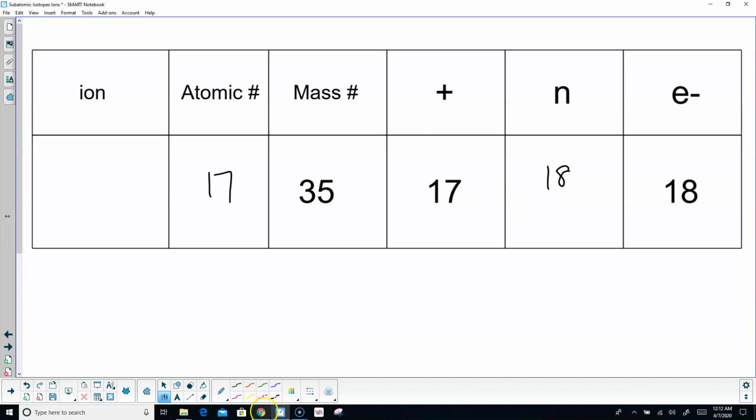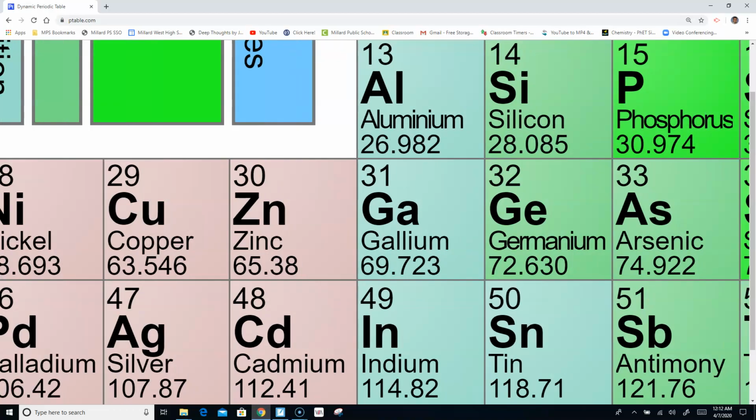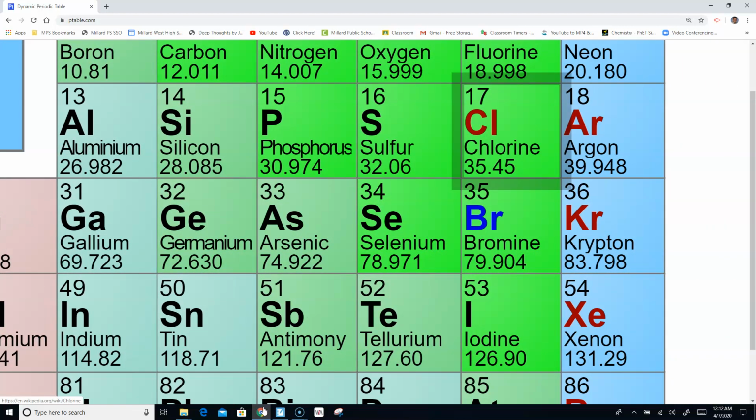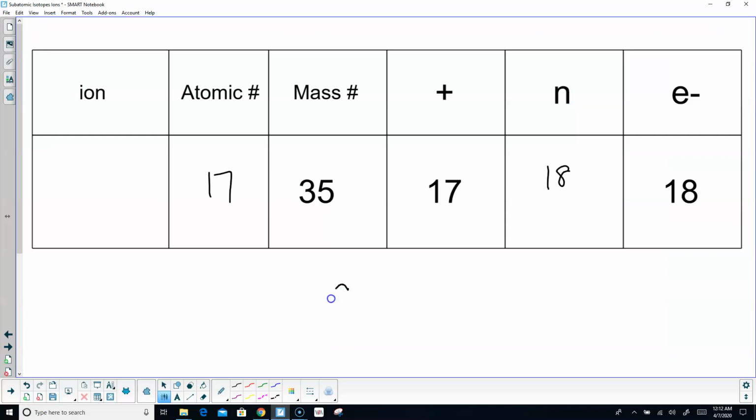And if I look at my periodic table for atomic number 17, there it is right here. It's chlorine, right? 17 is the atomic number. So I'm going to say, okay, symbol is Cl, 35 is its mass, 17 is its atomic number. Okay, I have 17 positives and 18 negatives. That means I have one more negative. It's -1. And so this is chlorine